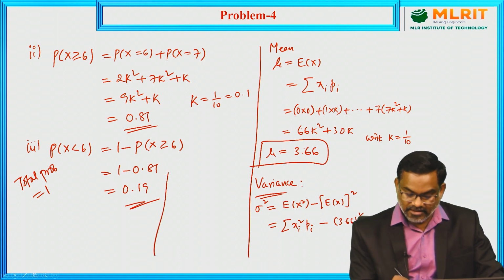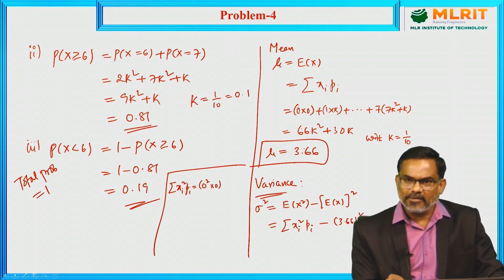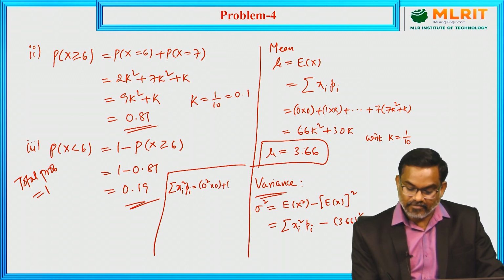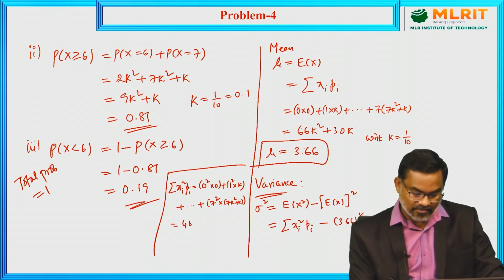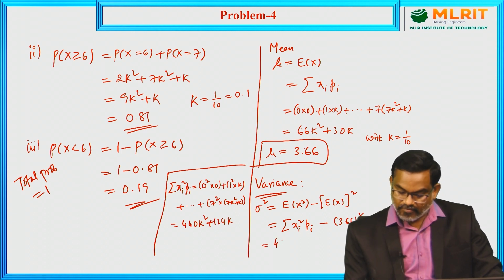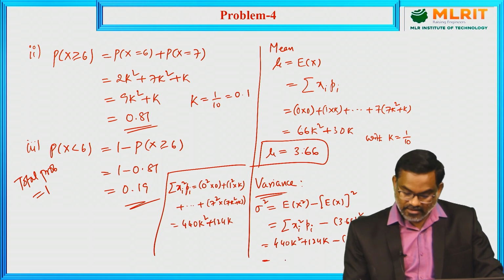So, if you calculate this, sigma xi square into pi is just squaring the elements of x and multiplying with the corresponding probability: 1 square into k plus so on, 7 square into 7k square plus k. If you simplify this, we will get 440k square plus 124k. So, this is 440k square plus 124k minus 3.66 whole square. After calculating this, we will get the final answer as